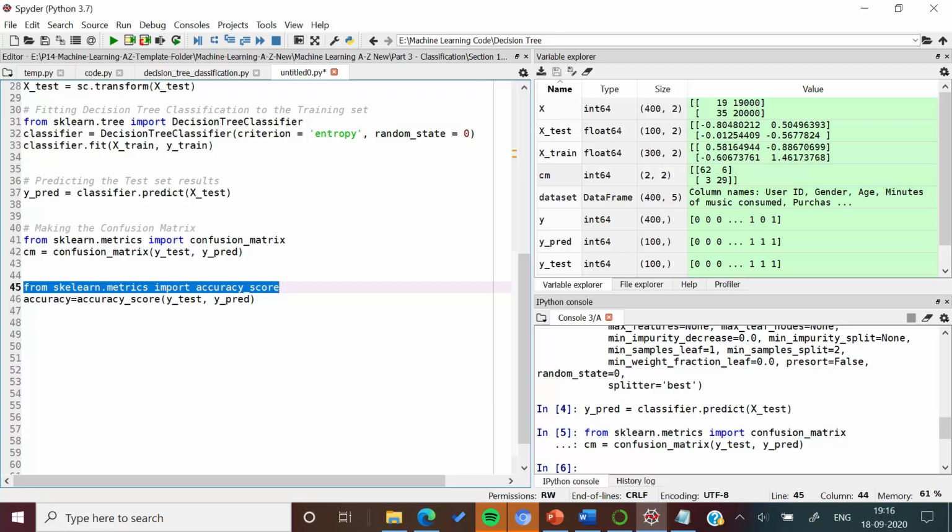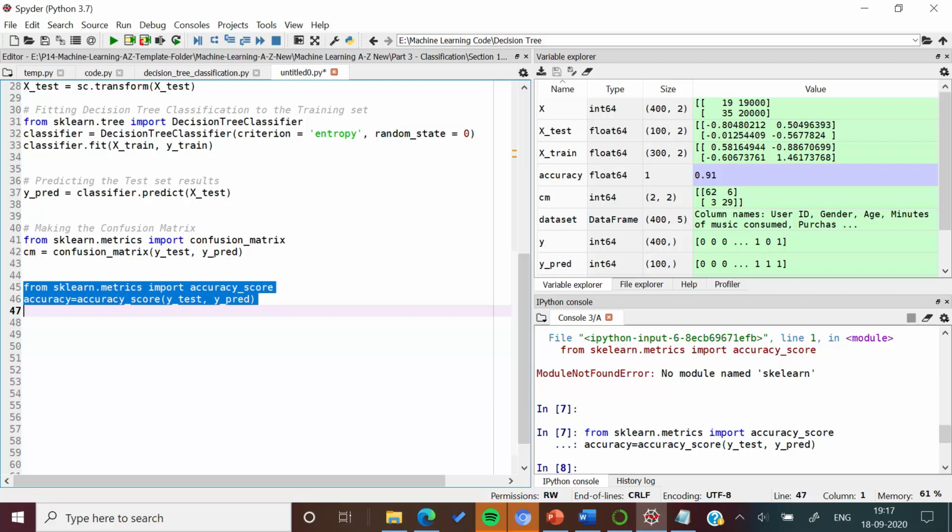In this method we are passing two parameters, actual and predicted values. Actual values are in y_test while the predicted values in y_predict. The accuracy will be stored in a variable named accuracy. Let us execute these statements to check the accuracy of this model. So you can see accuracy has been calculated, and here we have the value of accuracy as 0.91.